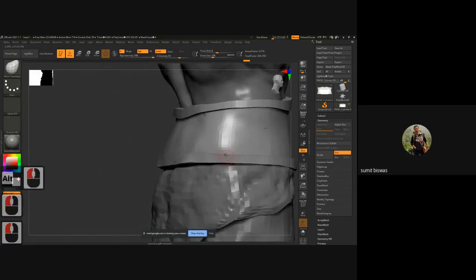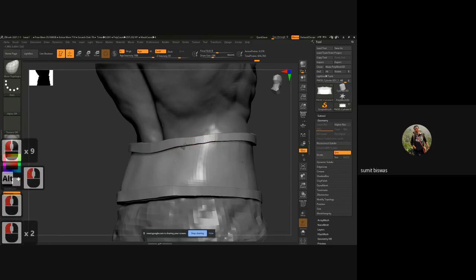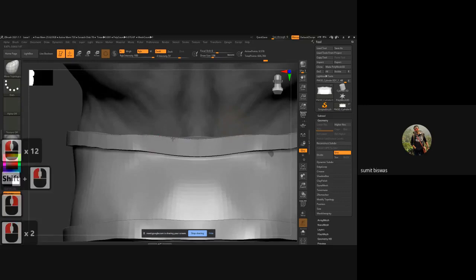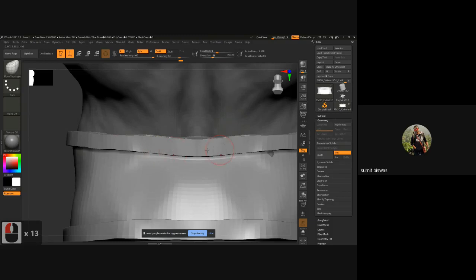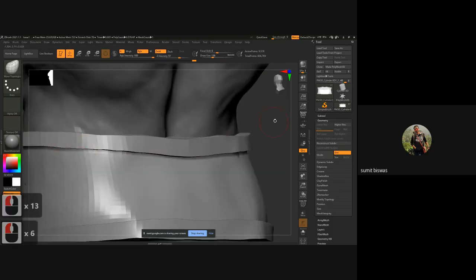This part is quite thin. Push it up. You can see, just using small movements and making it a little bit thicker.